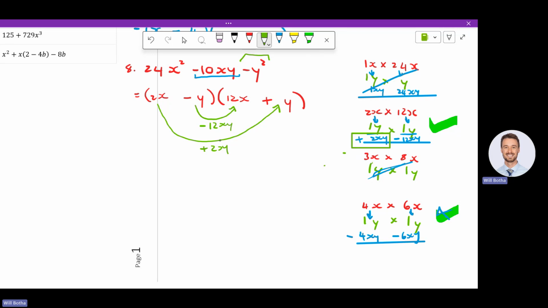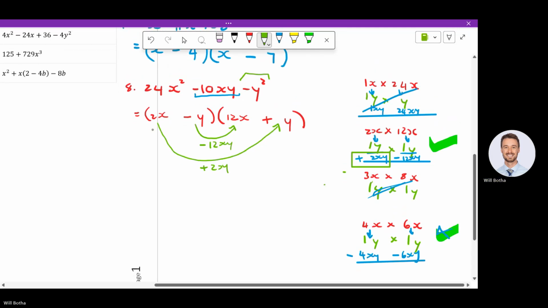Right, that was question number 8. Everyone all right with 8? If you get 8, I promise you're going to get most of it. If you can do 8, you can do most of it. But if you're struggling with 8, that's fine. I mean, the grade 11s still struggle with 8. Some of them fixed as well.